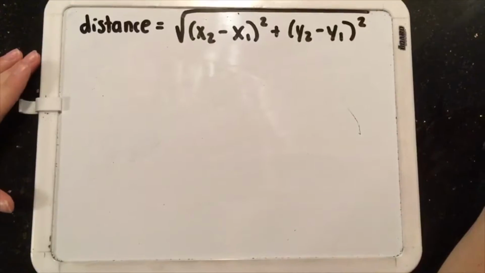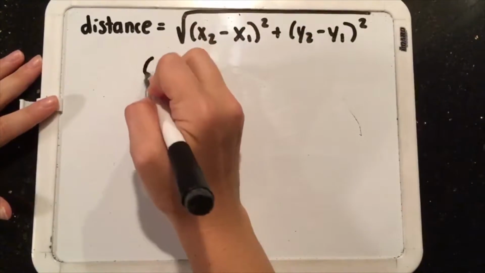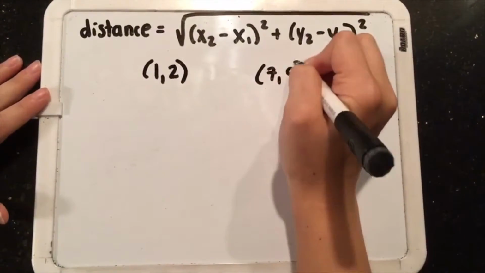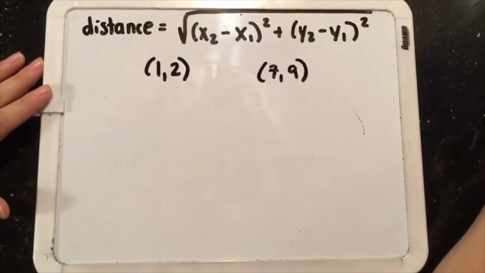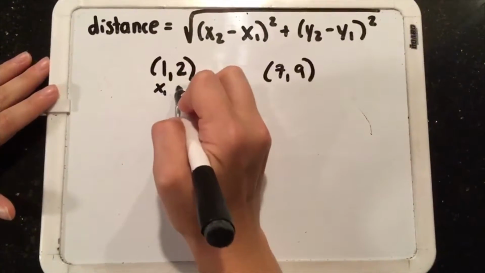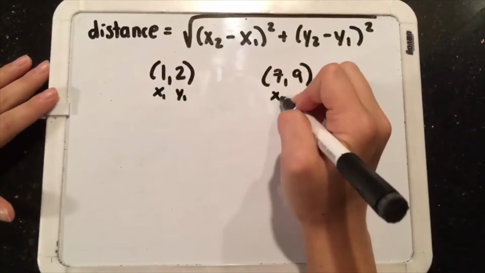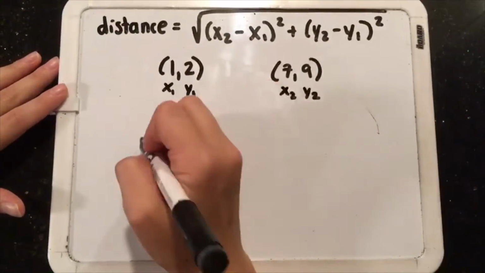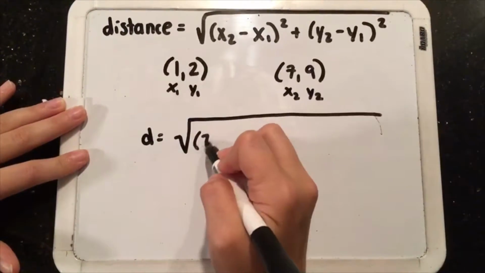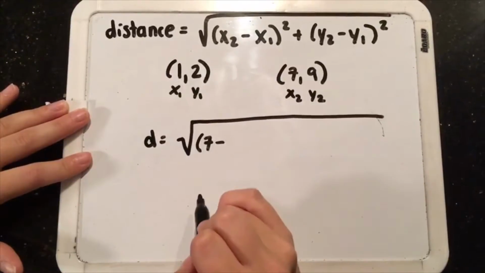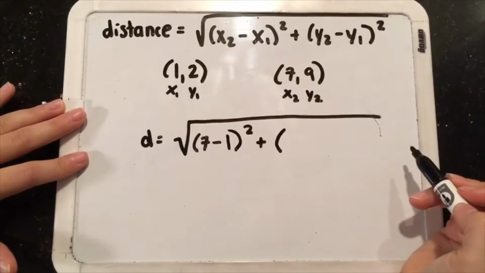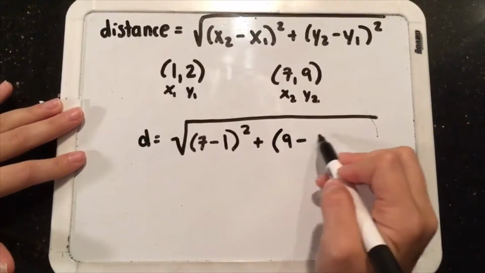I'm going to go through a few examples now. Consider the first point, 1, 2, and the second point, 7, 9. And we want to know the distance between these 2 points. We can apply the distance formula, where this is x1, y1, and x2, y2. So the distance will equal the square root of x2, 7, minus x1, 1, squared, plus the difference of the y's, 9 minus 2